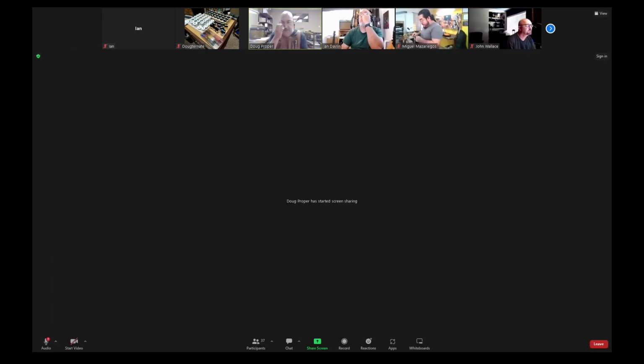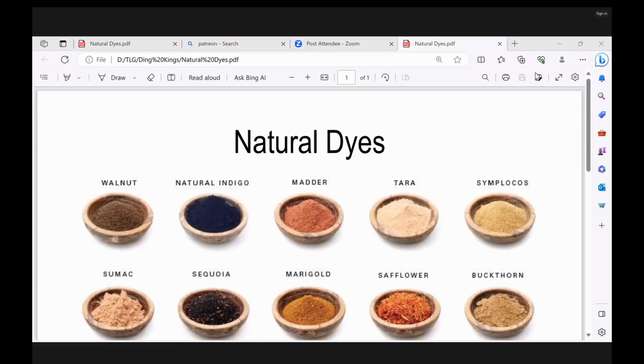Let me quickly share screen and I'll show you an example of what I'm talking about. So before the mid 1800s, and you can still do this today. I'm not a big advocate of using natural dyes. One, they're harder to work with. Two, they're harder to dissolve. They have a tendency to fade over time compared to a modern aniline dye. But it's just interesting to look at where history